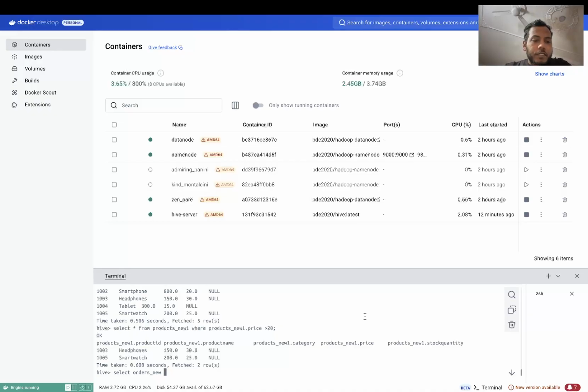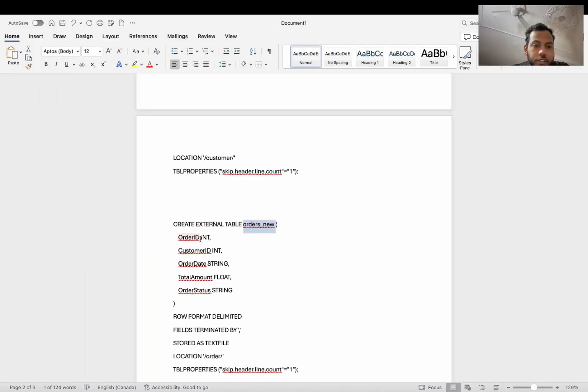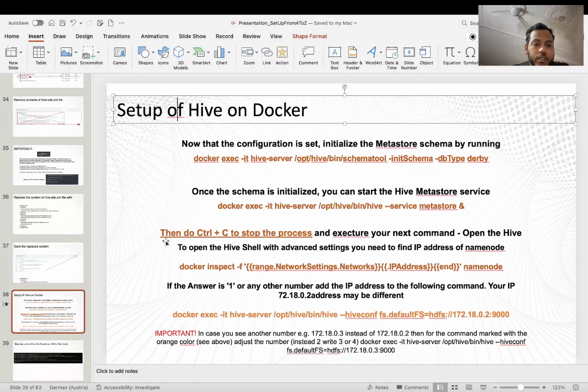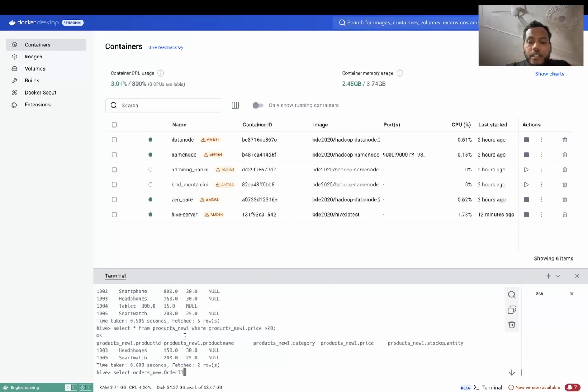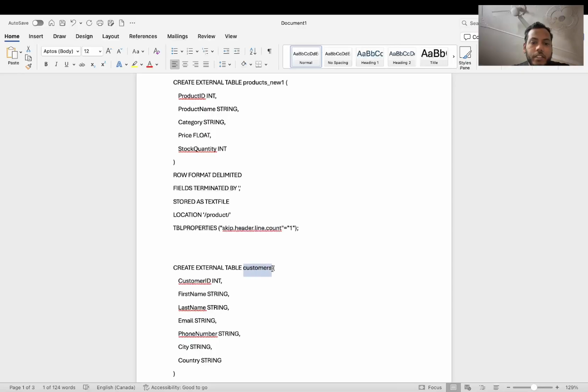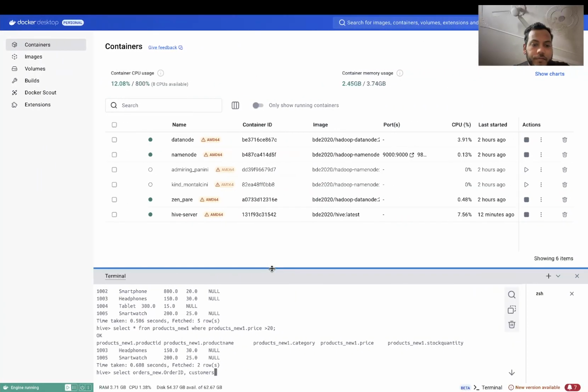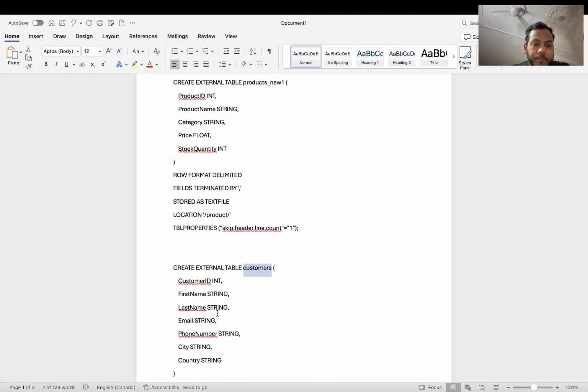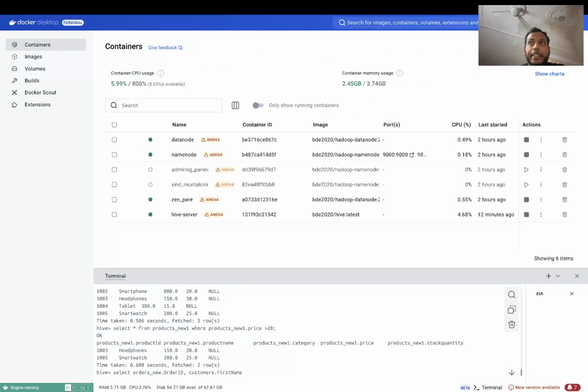Order ID, I want to see the columns of this table, which is order ID. So I want order ID, comma, I want customer name as well. So for customer, I think we have table this customer dot first name. I just want first name of that customer. First name from the table will be this one